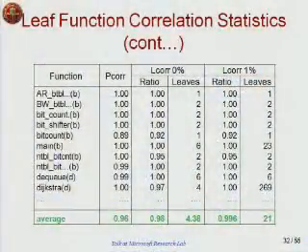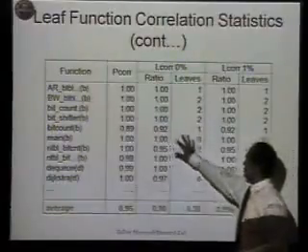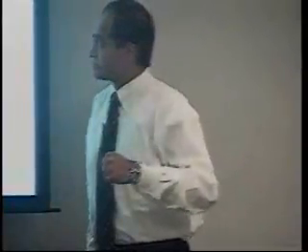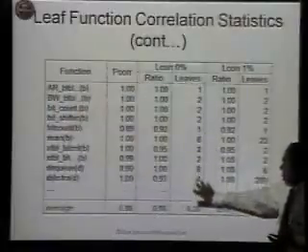So this table gives us the leaf function correlation statistics. The Pearson's correlation coefficient of 0.96 shows that there is excellent correlation between our estimations and simulator cycles. The next two pairs of columns give the L-core ratio, which is a ratio of the best cycle counts to the best estimation that we did. So the first is when we only consider function instances which we estimated to be the best. And in the next pair of columns, we consider all function instances which were within 1% of our estimated best. So in this case, we have to simulate fewer instances.